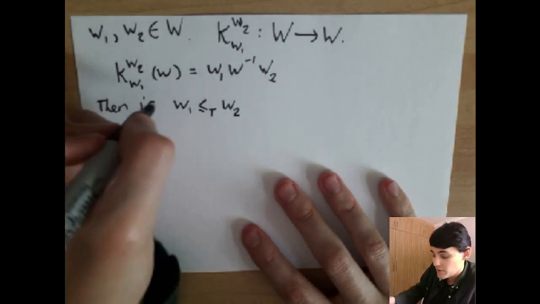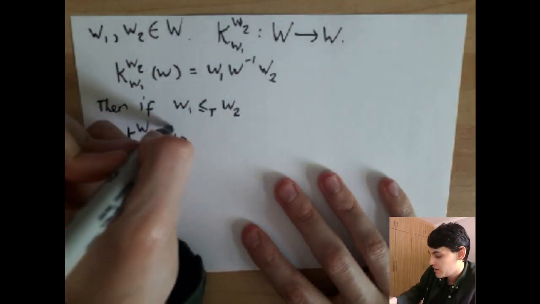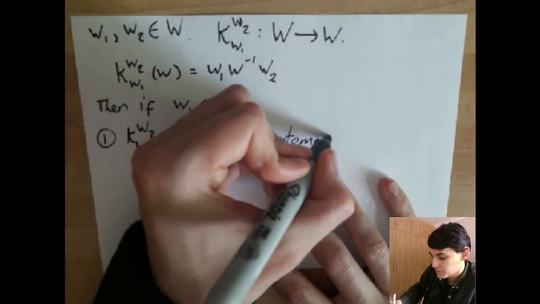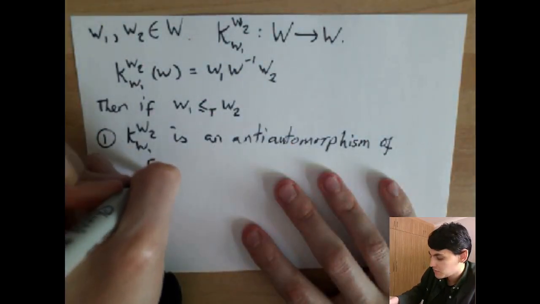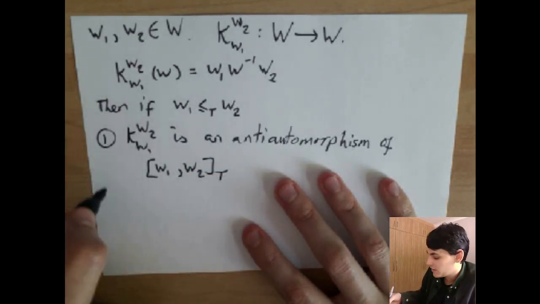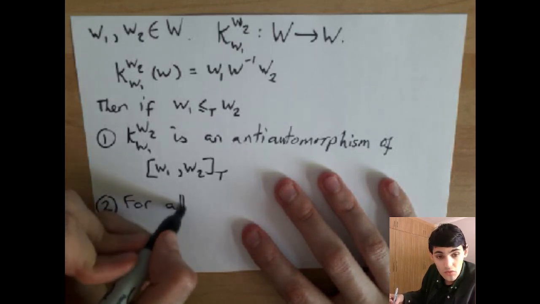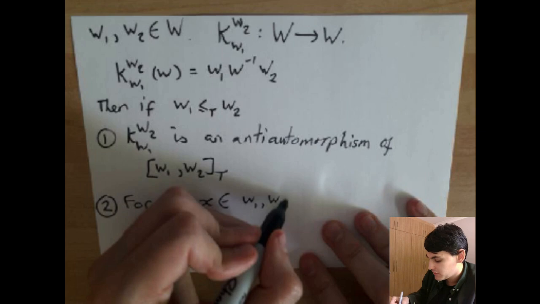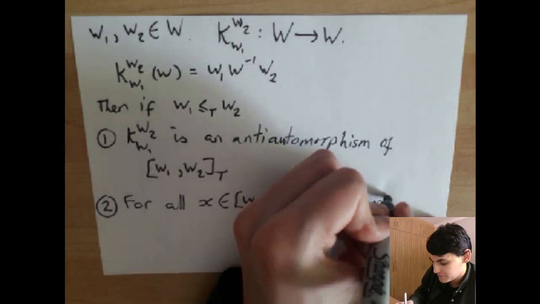First of all, we have that K W1, W2 is an anti-automorphism of the interval W1, W2 under T, and for all x in the interval W1, W2, we have that